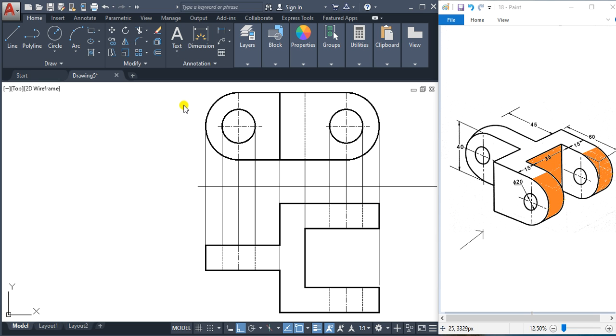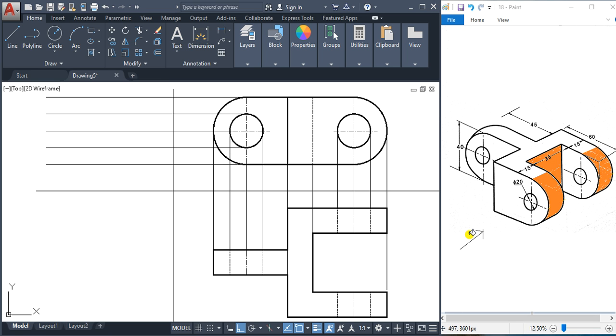Before drawing, we'll draw a vertical reference line here. Also we'll draw projection lines from the required points here. Now we'll draw these surfaces. When you combine, the total length here will be 50 plus 65.